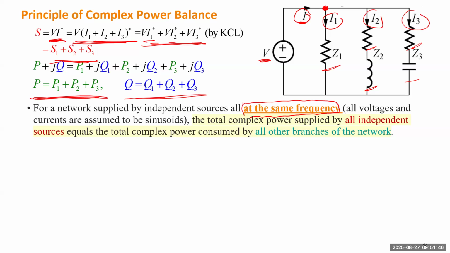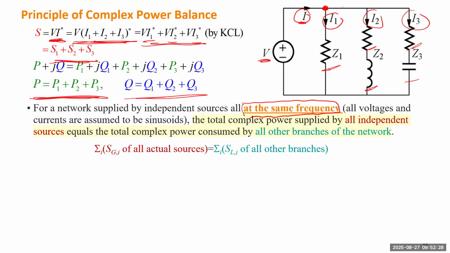Which means for such a circuit, or any circuit more complex than this one, if you know exactly which are sources and which are not, you calculate the complex power for all the sources, and the total will equal all the complex power consumed by the others. That will give you this equation. On the left-hand side, you just sum the complex power of all actual sources, or anything you believe are sources. And on the right-hand side, you calculate the complex power